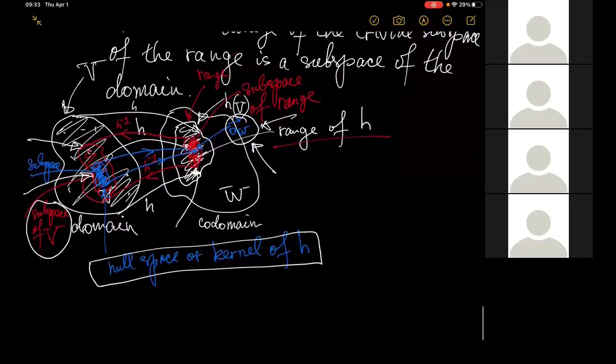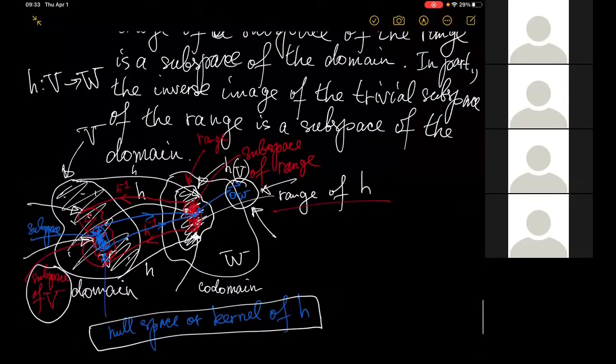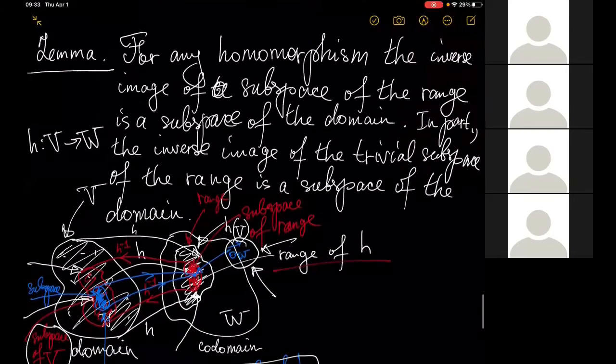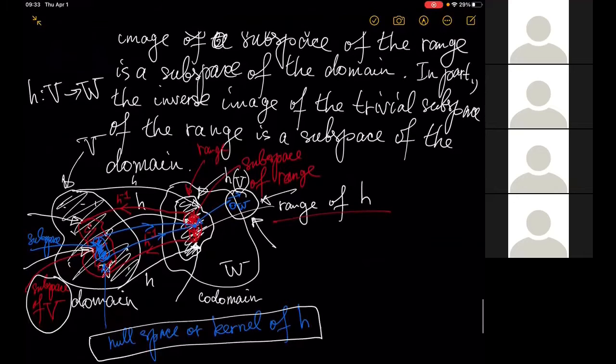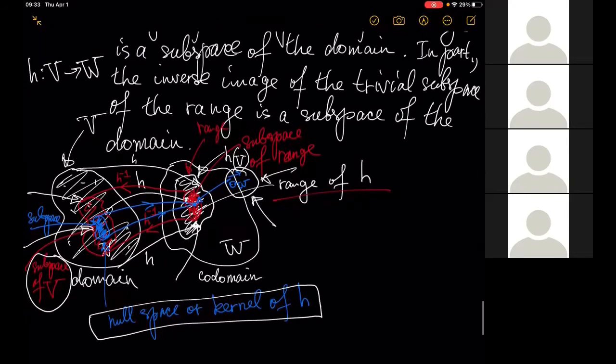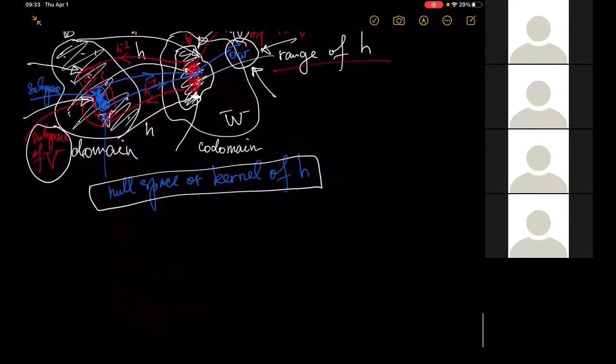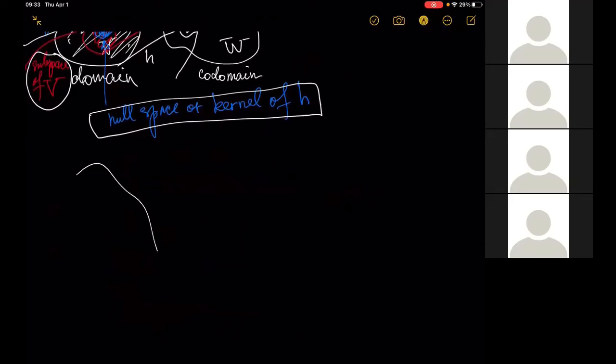And in the end, we formulated a lemma, which says that for any homomorphism, the inverse image of a subspace in the range is a subspace of the domain. In particular, the inverse image of the trivial subspace of the range is a subspace of the domain. So in other words, if we consider